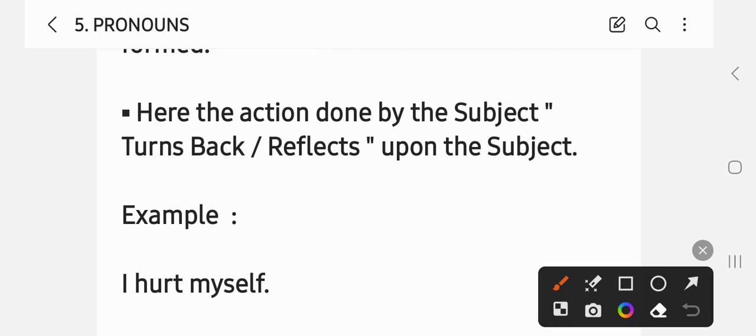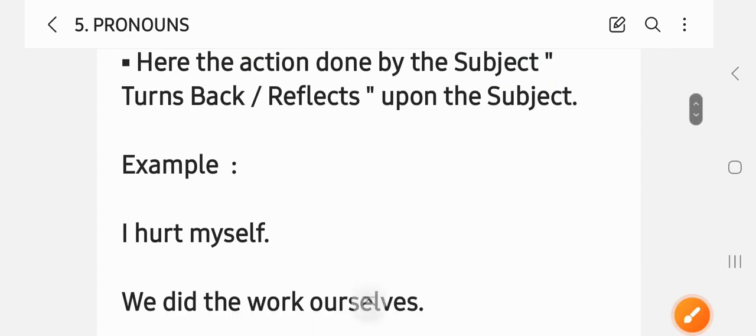Here, the action is done by the subject. The action is performed by the subject. It turns back and reflects upon the subject. For example,